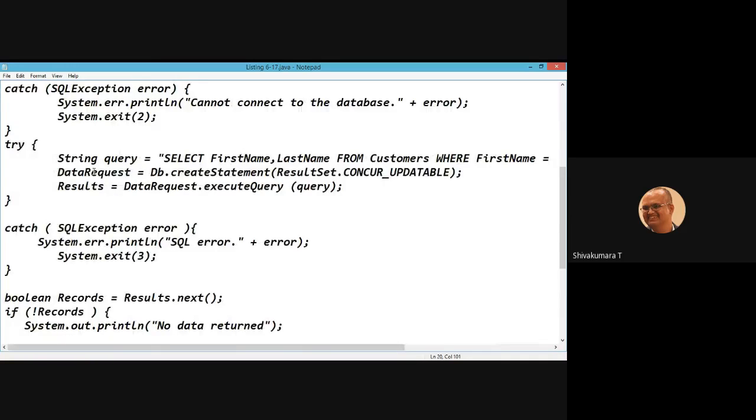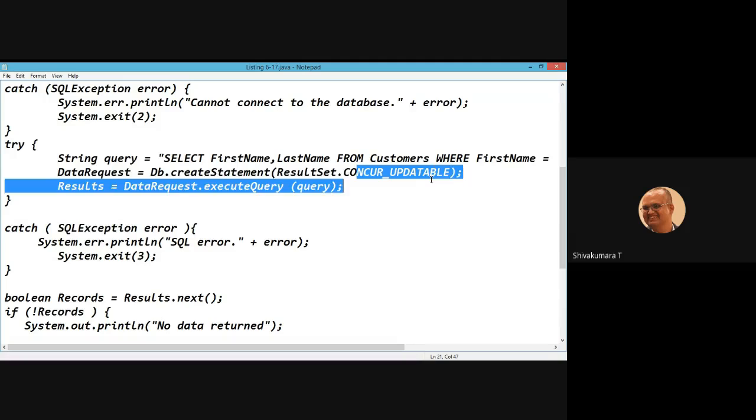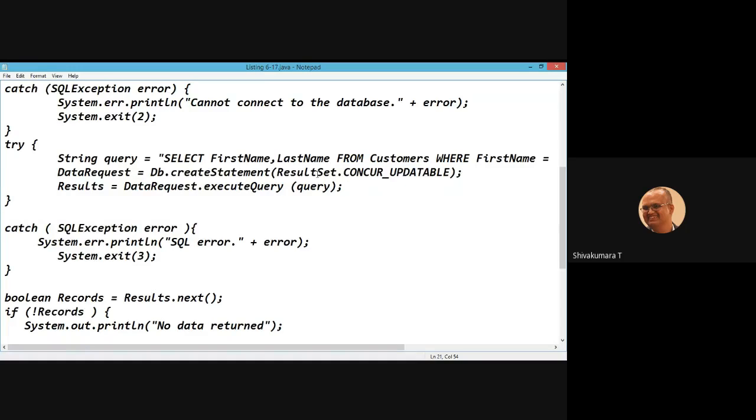The statement equals the connection object's createStatement on the result set, with CONCUR_UPDATABLE, meaning you are allowing the result set to be updated. If you don't want to allow that, you apply CONCUR_READ_ONLY. Then the result set object equals statement.executeQuery, and the query which you defined here, you are passing here.